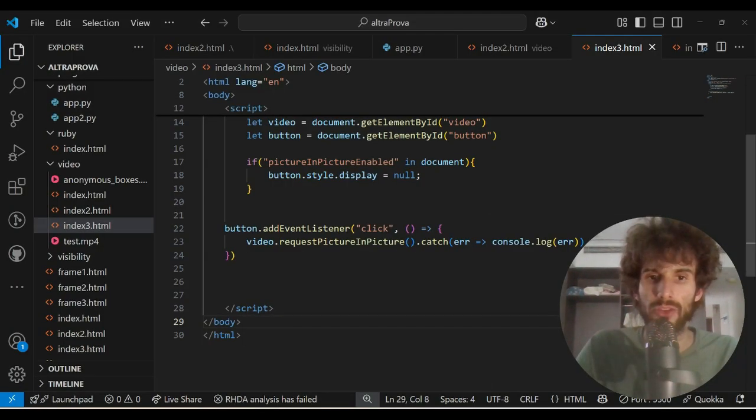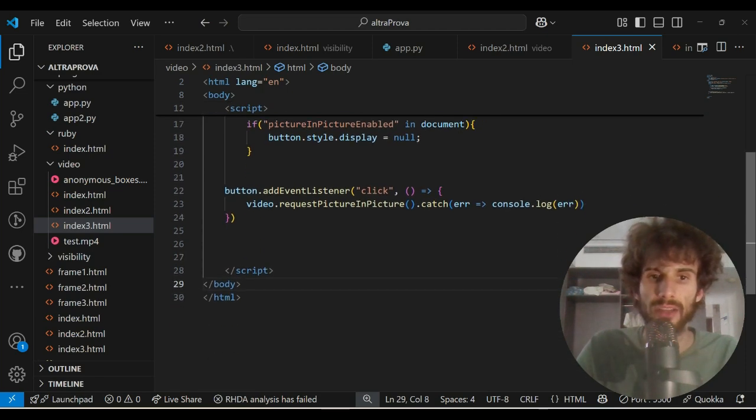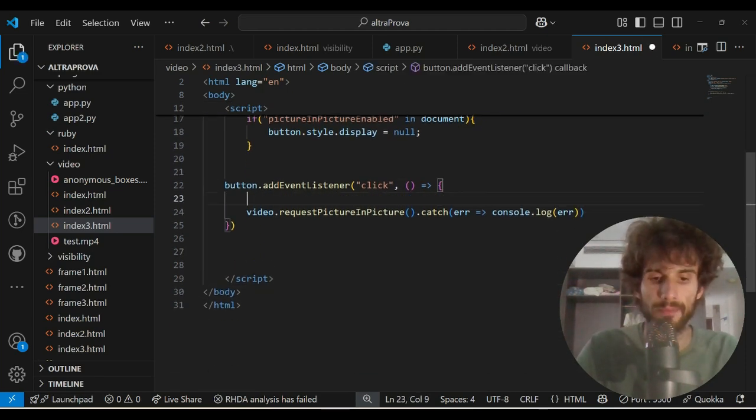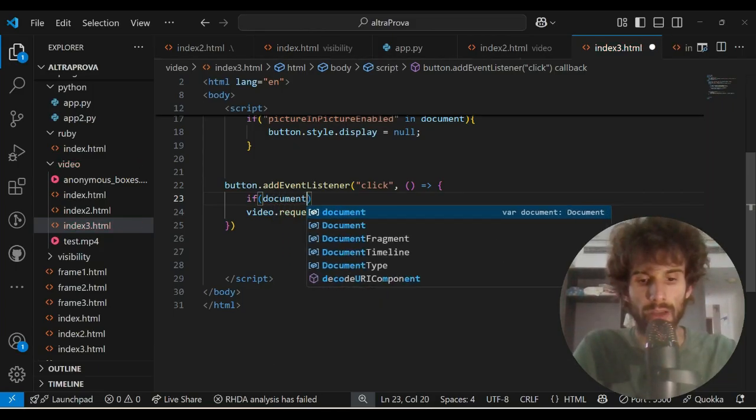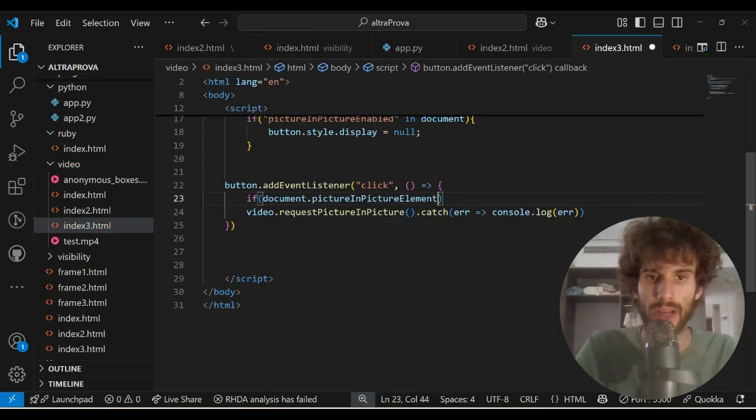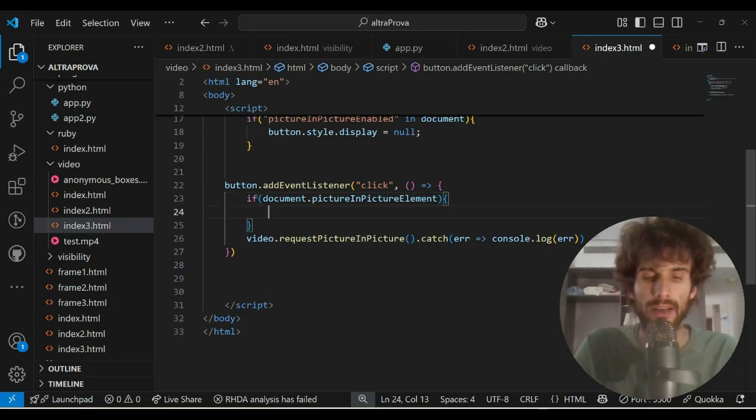to make the button have a different functionality if the document.pictureInPictureElement is present. Then we don't want to request a picture-in-picture, which will result in nothing. We want to call one of the interfaces that we have, which is